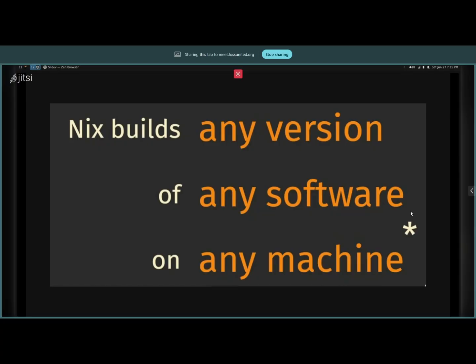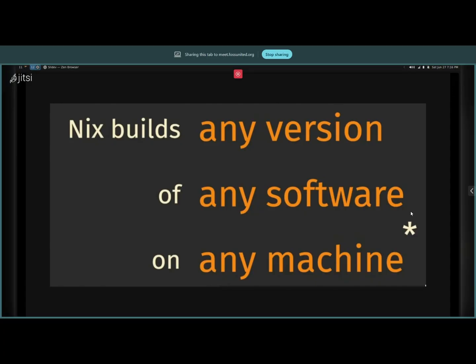That's what I'm going to try to elaborate initially, but this is the easier 2-second pitch of it. Now, there's a star at the end of any machine, and that's basically for the entire statement. There are some things that Nix can't prevent. For example, Nix can't beat physics, and Nix can't beat things not existing before, or something not working back and forth.